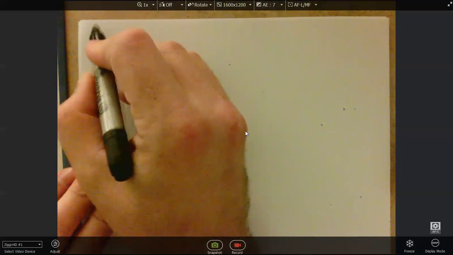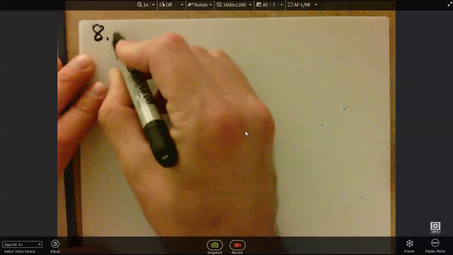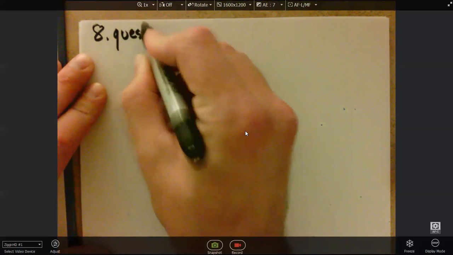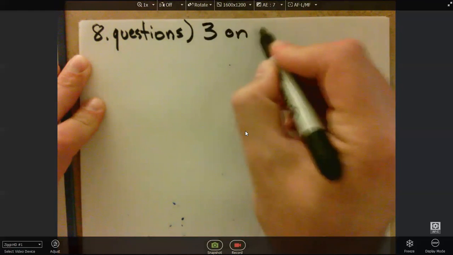Okay, let's move right on to looking at a monopolistically competitive market. It's probably a bit more novel or difficult. So we're going to be doing chapter 8. This is the conceptual questions section. So it's 8 questions. So there's some questions and problems, right? This is going to be 8 questions, number 3 on page